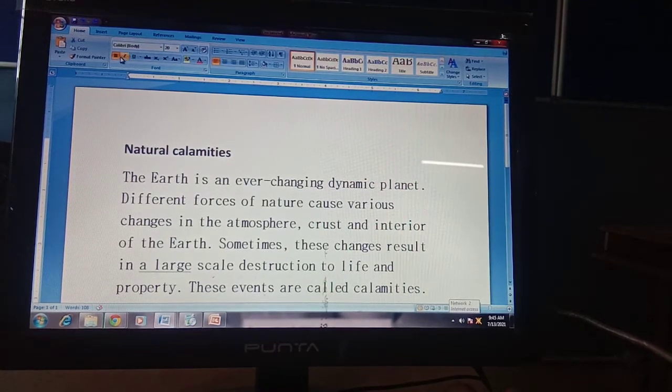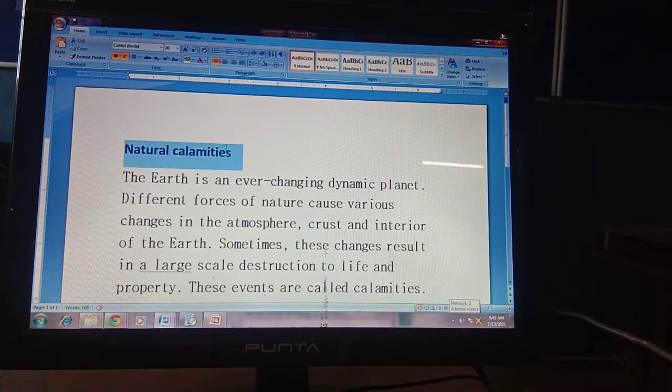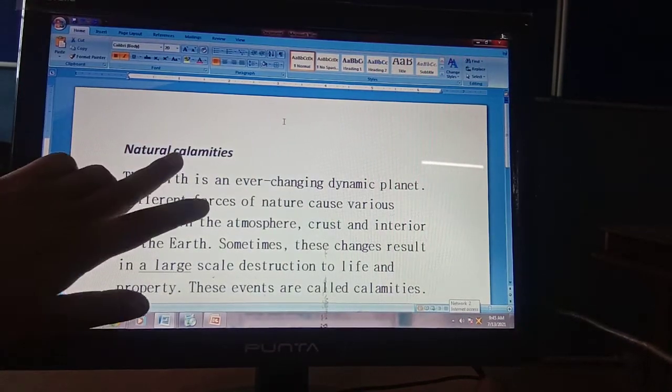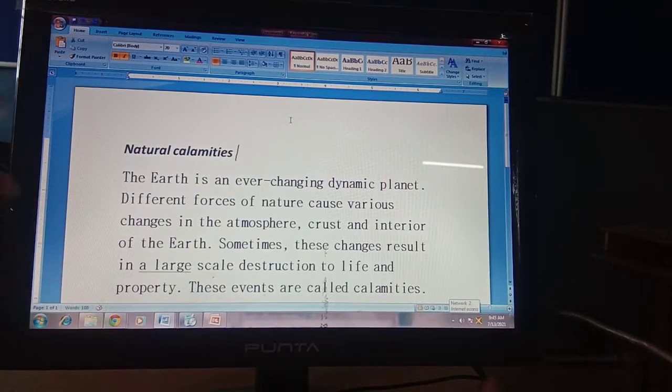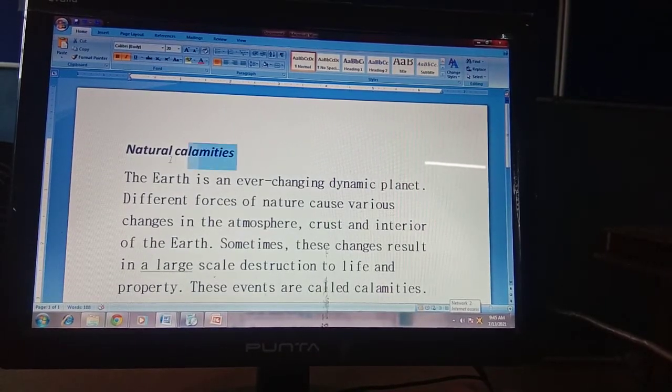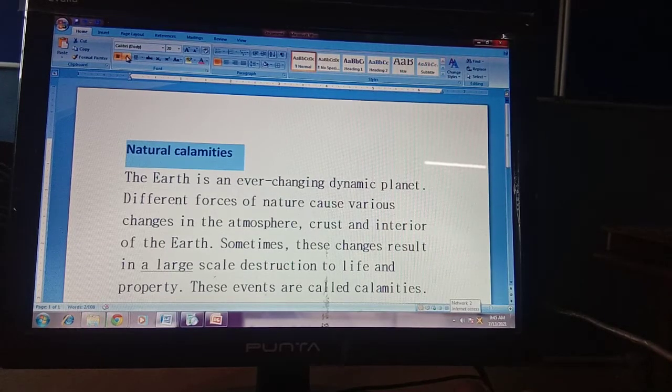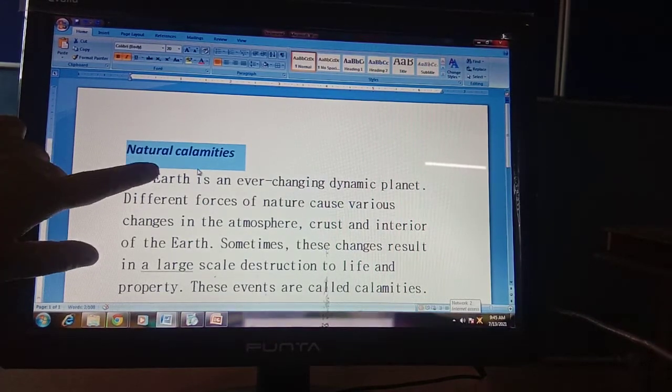Okay, and I want it to be italic. If you want it in italic form, it will be in a slant way. Are you able to see? This is now in italic form. If you do not want italic, just click on this. See, are you able to see the difference between the italic and the simple text? Okay, now it is bold also and it is italic also.